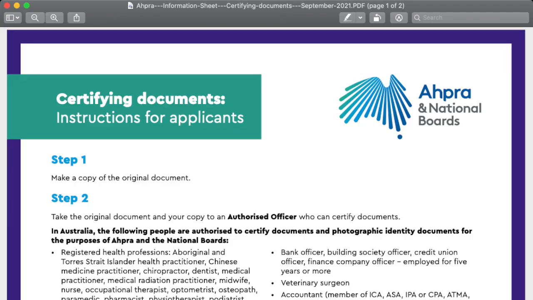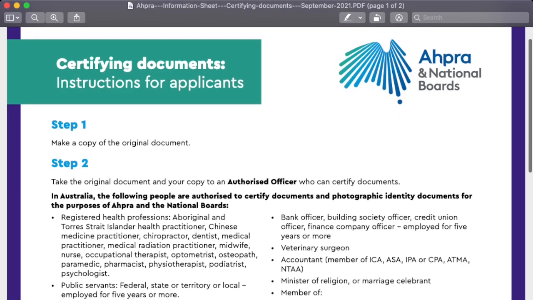So now let's move on to the document attestation part. What you have to do is take the list of documents that I have explained to you, color photocopy all those documents, and then download this guidelines from the APRA website. I'll put the link of this guidelines also in the description box below. Now, once you have color photocopied all your documents, take a printout of this guidelines as well. Go through this guidelines carefully and prepare your documents for attestation.